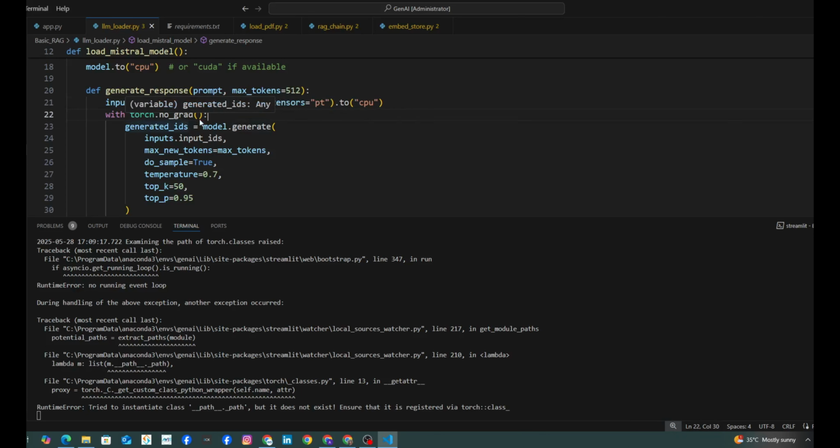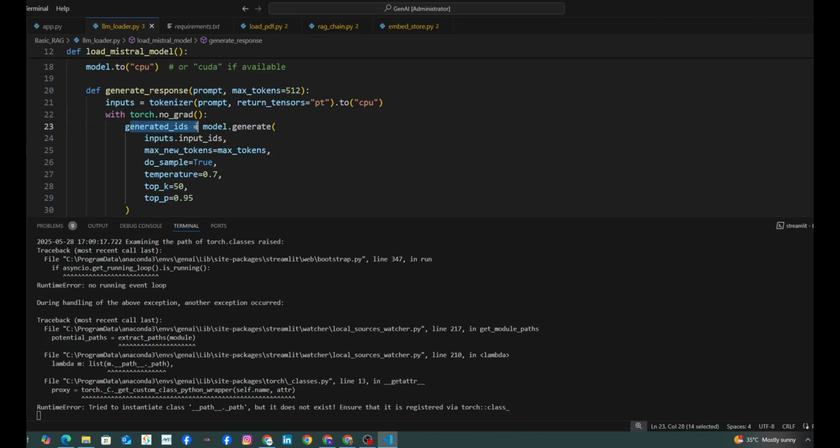With torch.no_grad, basically this is what we usually use for inference, because at training time we calculate the gradients, but at inference time we do not calculate any gradient. We directly provide our text, apply the model weights and generate the response. So we'll use this torch.no_grad, right?